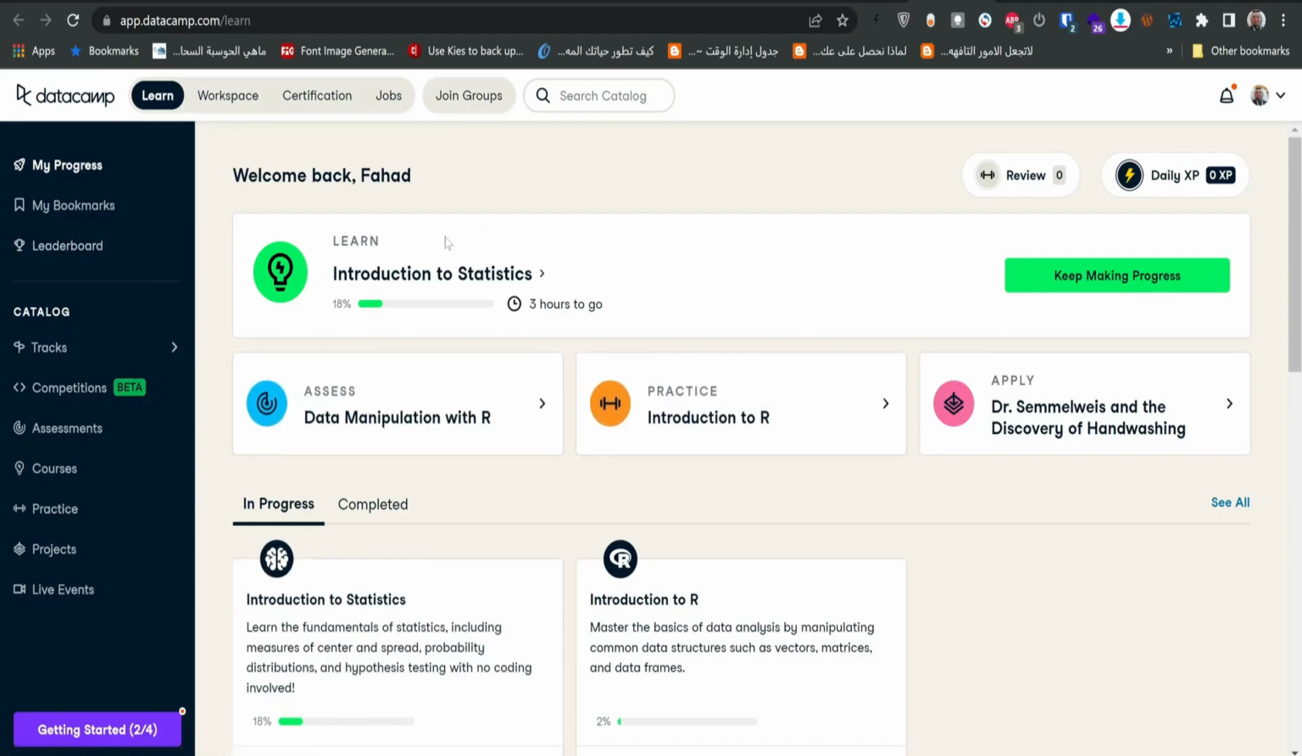First thing, you're going to learn it in the course, and you do the project in the course. And then if you want more practice, which I highly recommend, you go to the practice section. After you finish the practice section, you either go and assess the skill, or you go immediately and apply it in a project. And obviously the project is going to be the last step you're going to do, because when